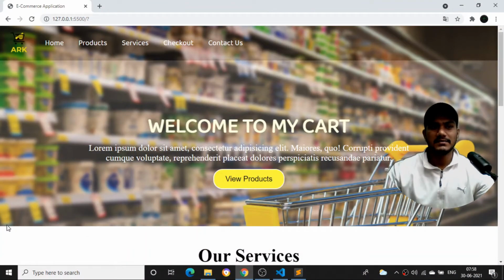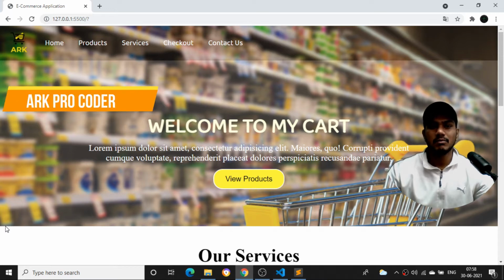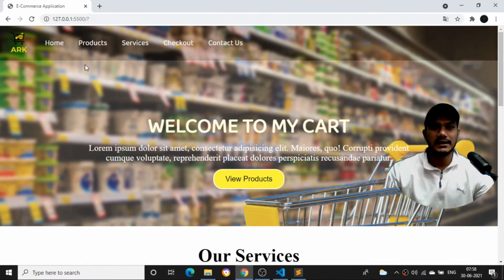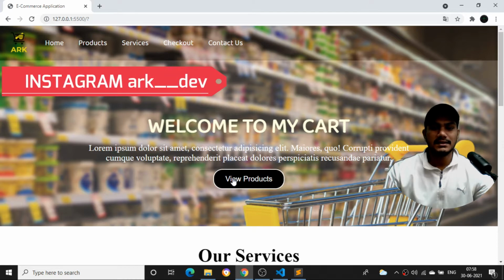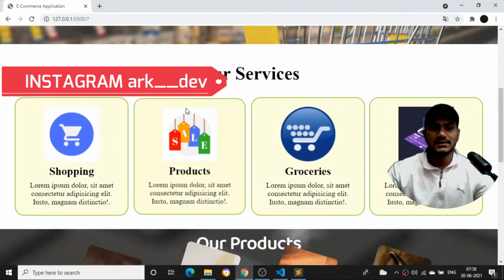So let's create a website using pure HTML as well as CSS, without using any other components like Bootstrap. Let's create a front-end design. You can see we have created an e-commerce site over here, where we have the navbar section, the background image, and the buttons in this particular fashion with the hovering part, and you can see our services pages over here.